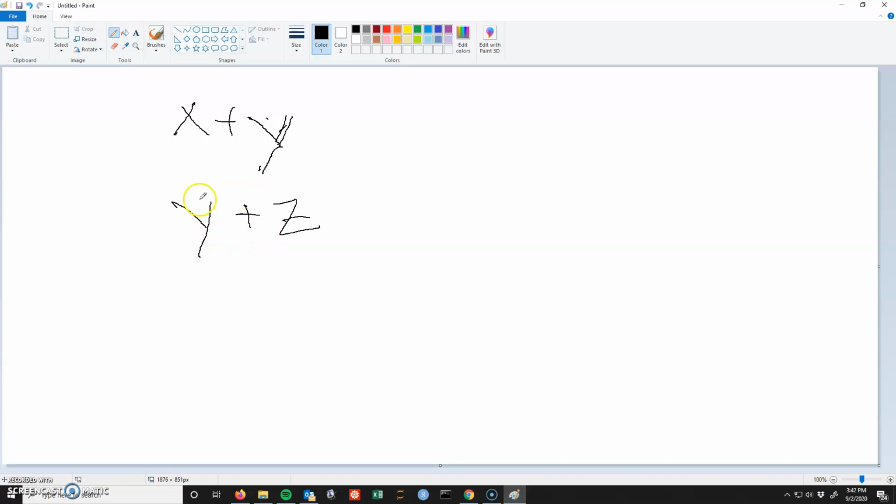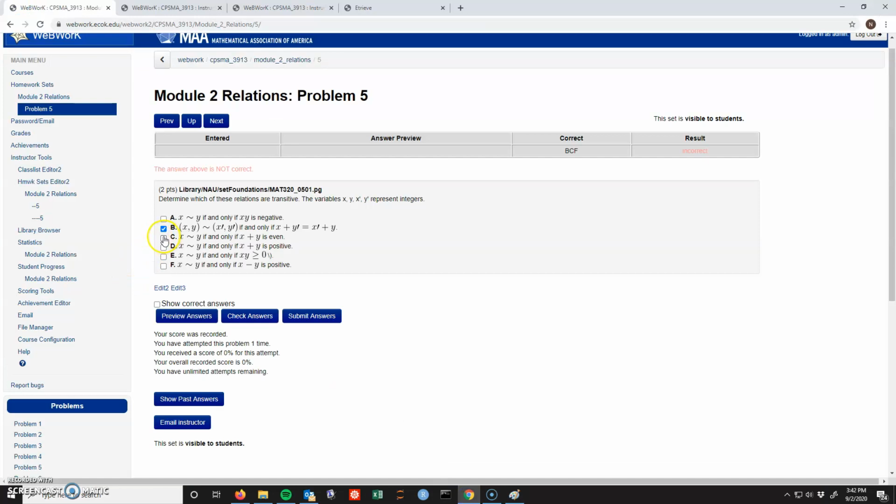But if y and z are the same and x and y are the same, then x and z are the same, so they also add to give me an even number. Once again, x plus y, if it's going to be even, they must both be even or both be odd, and since y is shared, x and z must be the same, and so their sum is also even. So this one is as well